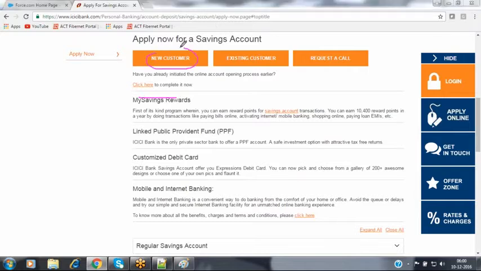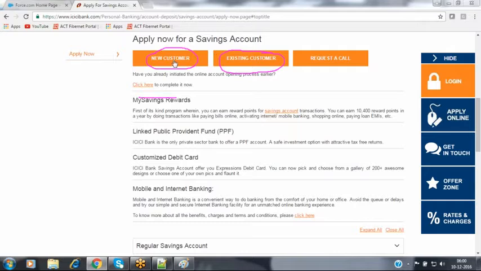So what do you mean by new customer and what do you mean by existing customer? When coming to the bank, so many customers are available. Now you are either a new customer for this bank branch or an existing customer. Nothing but this is the first time you are going to open an ICICI Bank account, or sometime back in the past, have you used any ICICI Bank account or not? If you have used any ICICI Bank account, then we can reactivate that account again, or else if this is the first time you are creating a new ICICI Bank account, then we can open a new account for you. So for that, it is giving two options to you.